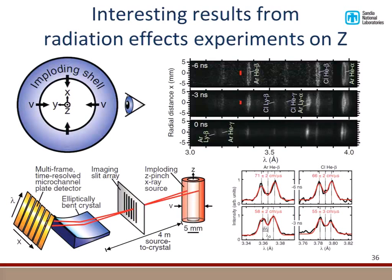We have 6 nanoseconds before the stagnation, 3, and 0. So you can see each one of the lines that are picked up. This is spectral, this is wavelength in this direction, and spatial resolution in this direction. You see each one of these lines has sort of a strange ellipse shape to it, which actually makes sense. So you have 1D spatial resolution. You can imagine this part here is coming from here. This part here is coming from here. So those are the unshifted portions of the line. And then the Doppler shift towards you and away from you give you these bowing portions at the